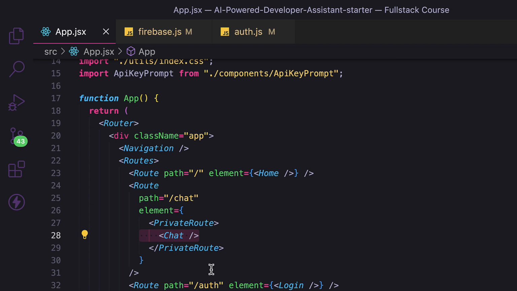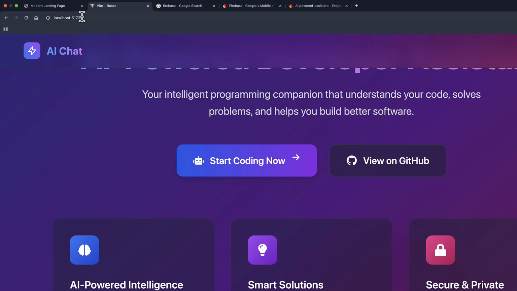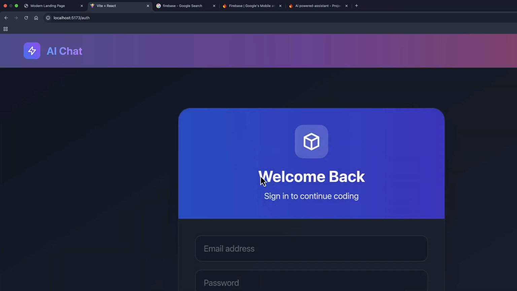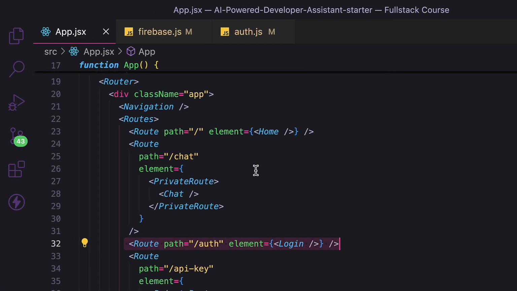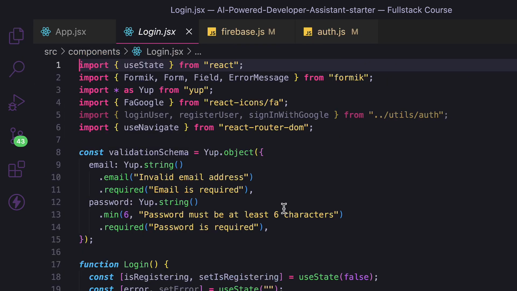Don't worry, we will get there very soon, but let's focus on the login logic, which is /auth. If you visit /auth, this is the component. So let's locate the login, and it's inside the component and then the login. In here, I have already installed and configured Formik, that is Formik, Form, Field, and ErrorMessage